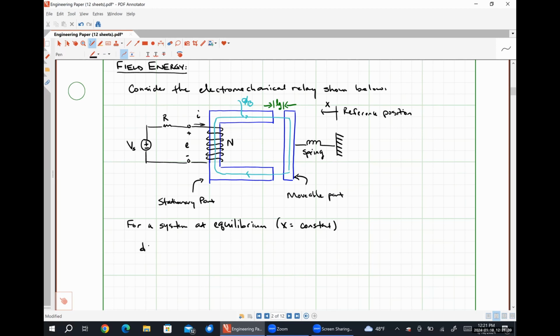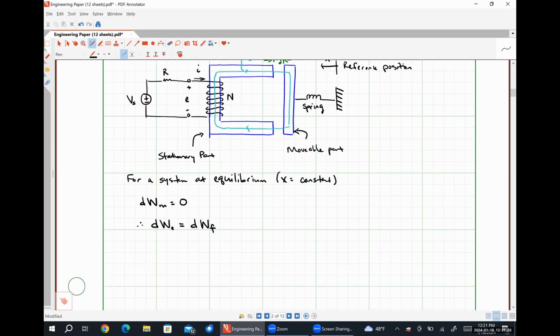Then the mechanical energy will be 0. And our field energy